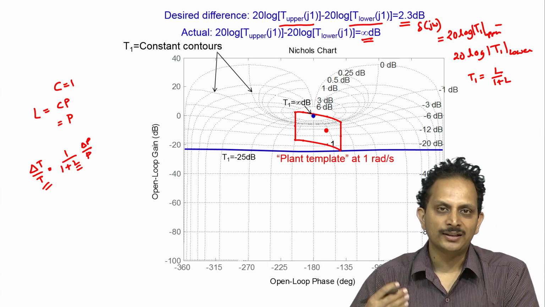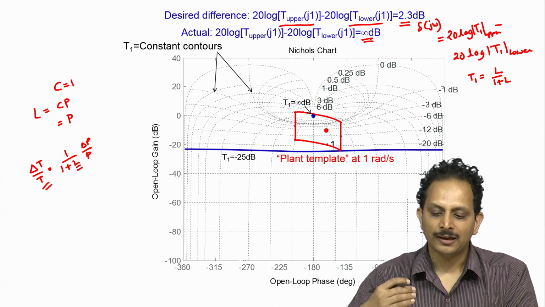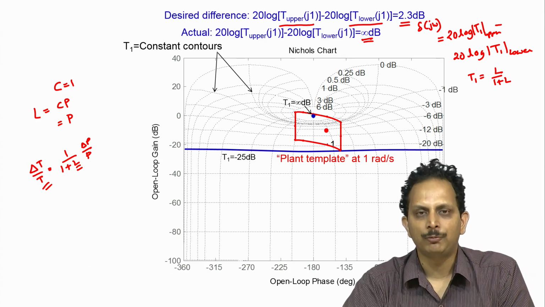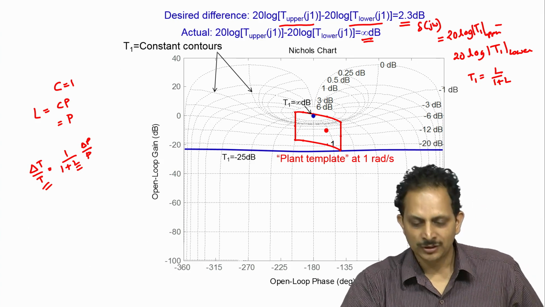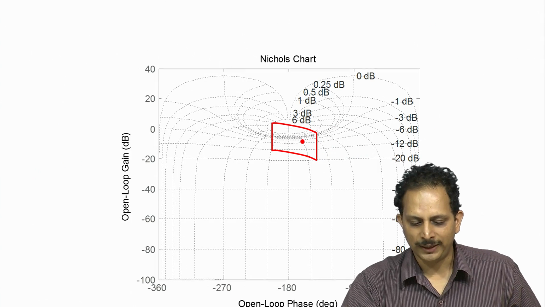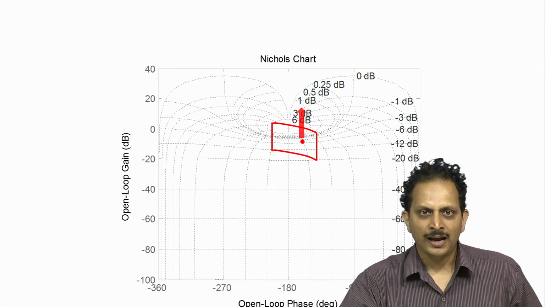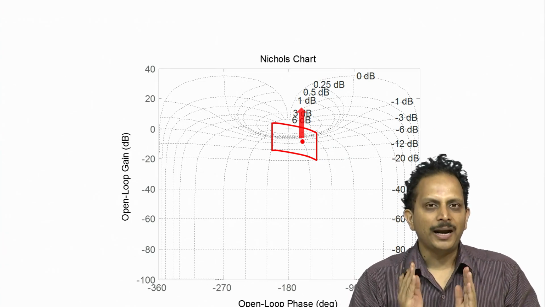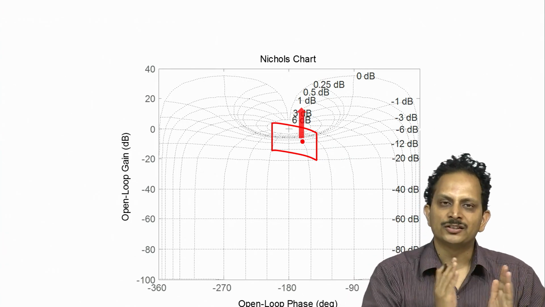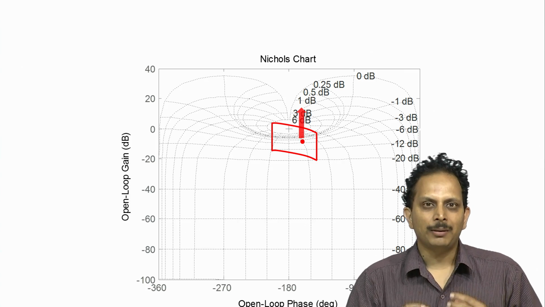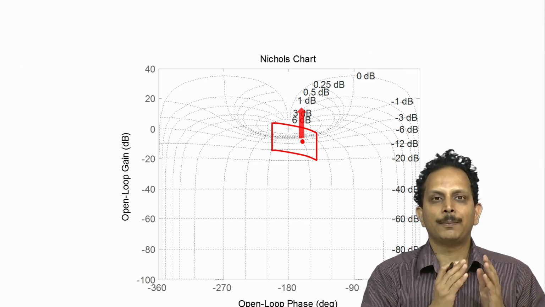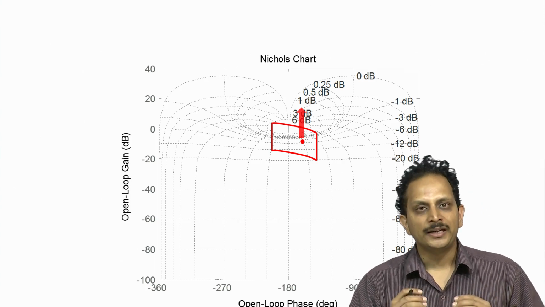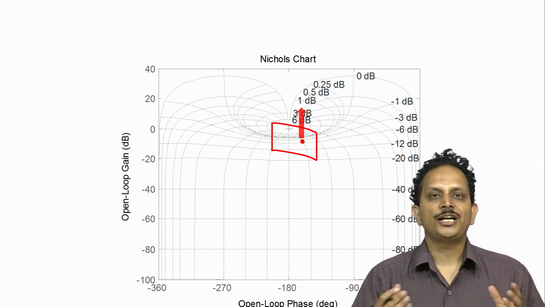We should choose a controller that adds gain, and that controller will in turn result in displacing the plant template upwards. Suppose the plant template gets displaced upwards. When we move the plant template up without moving it sideways, we are essentially multiplying the plant with a proportional controller, and hence the overall loop gain increases in magnitude but does not change in phase.